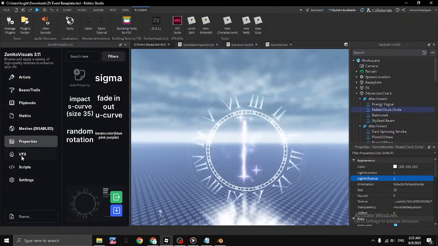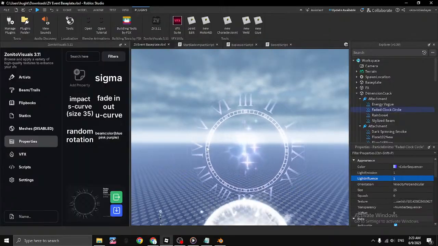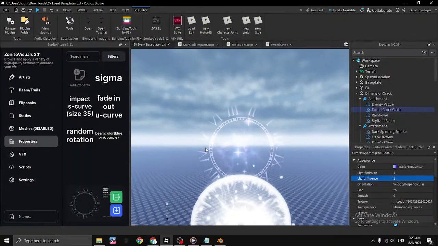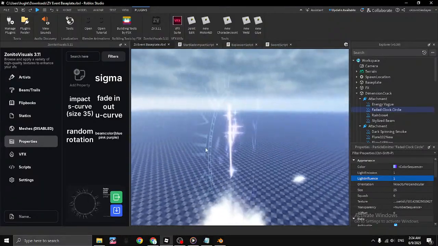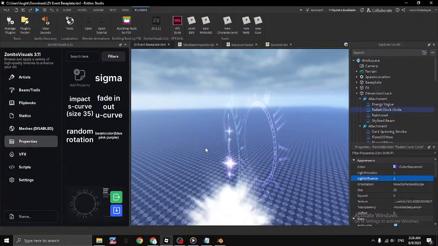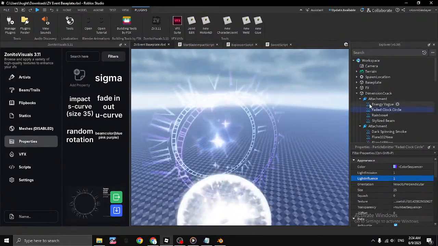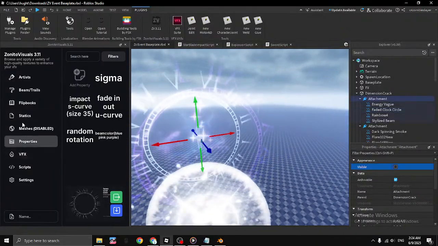And let's also set colors. And then let's add